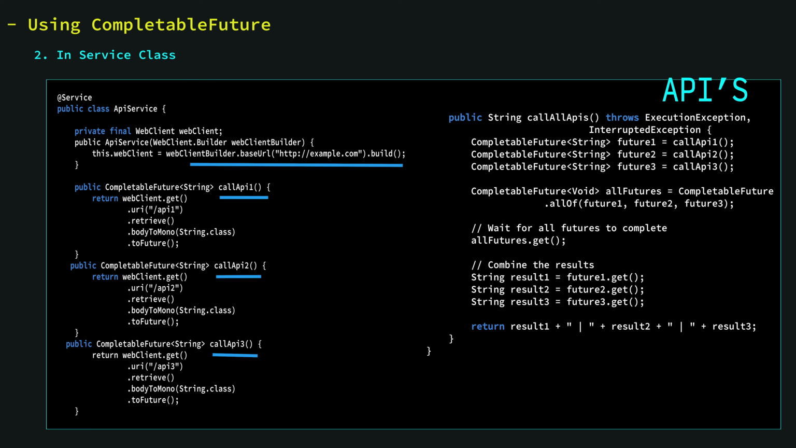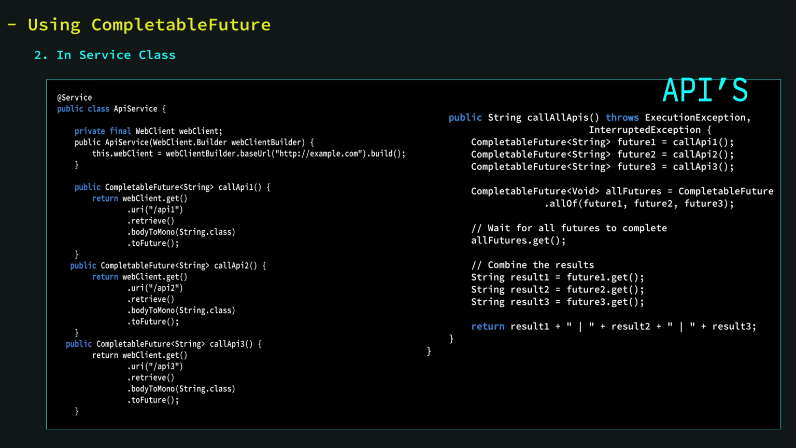In all the methods, you can observe one thing. After making a call, it is retrieving the response and converting it to the mono, right? Body to mono. Then we are converting that mono to the future. Then I have written one more method, callAllAPIs, right? So here I'm just making the calls to callAPI1, API2 and API3 and storing the result in the